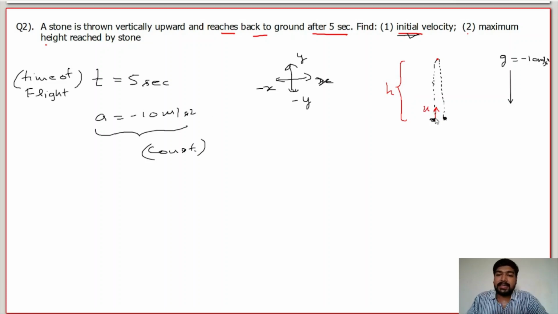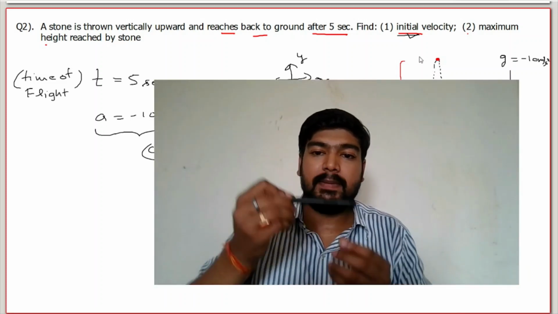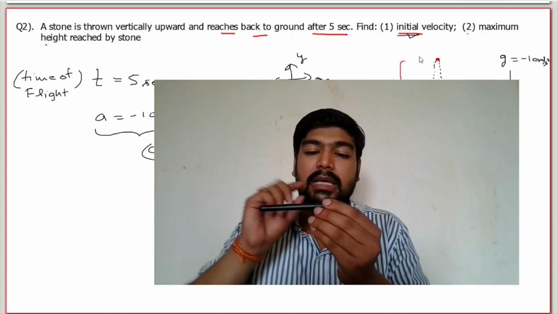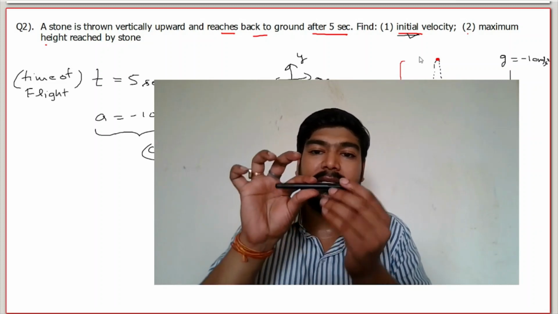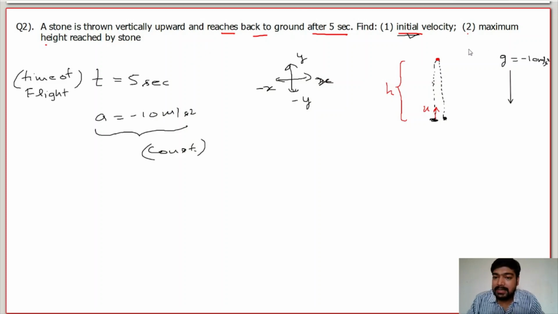as the question says that a stone is thrown vertically upward, we know the velocity at the topmost point is zero. Here the object is moving upward, but from here the object is moving vertically downward. If I throw this up, at one point it's moving up, and after some point it will move down. That means at one point it will have zero velocity, and the same is happening at this point. So here the velocity will be zero.